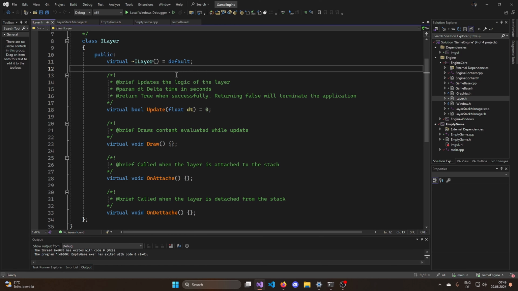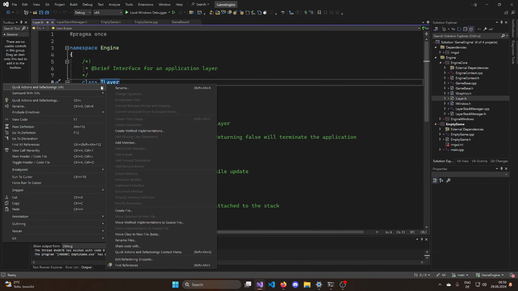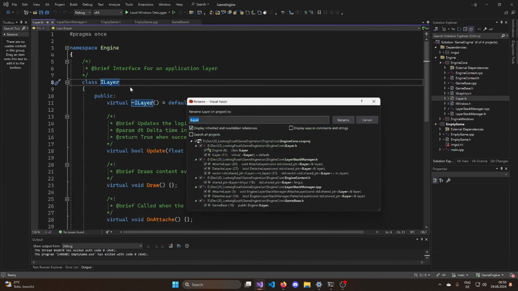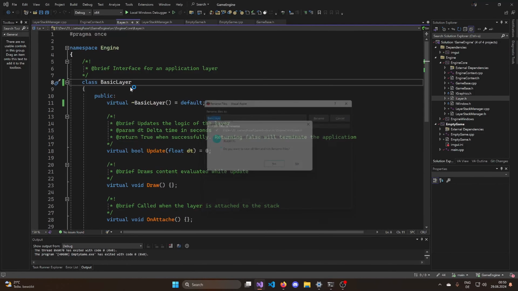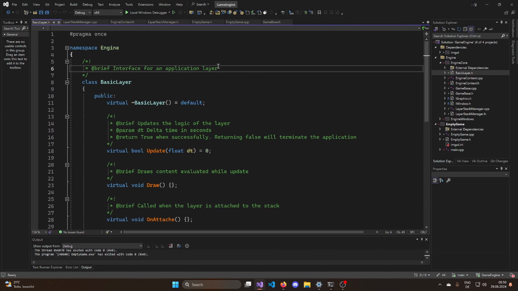I'm not sure how I want to do it. If I just want to have a layer base, that's going to be the superclass of the layer interface. Normally what we do is we would completely rename it. Currently it's called iLayer, and what I want to do maybe is rename that to basic layer